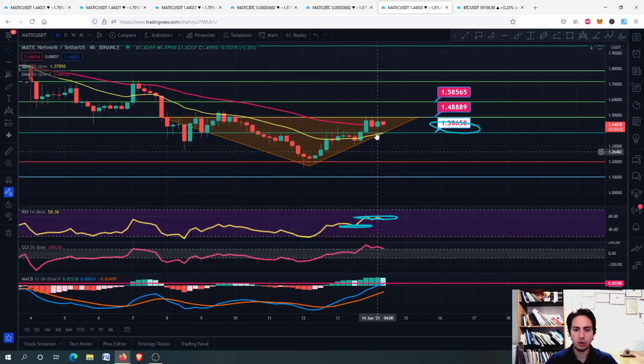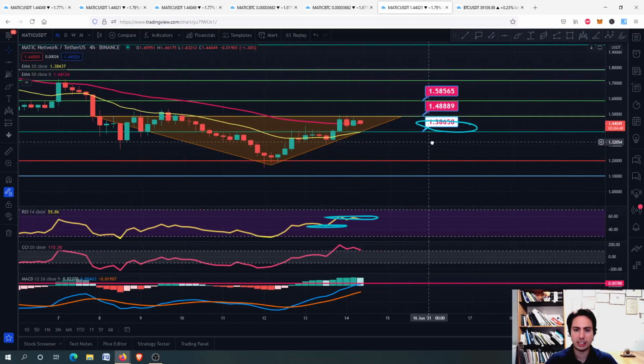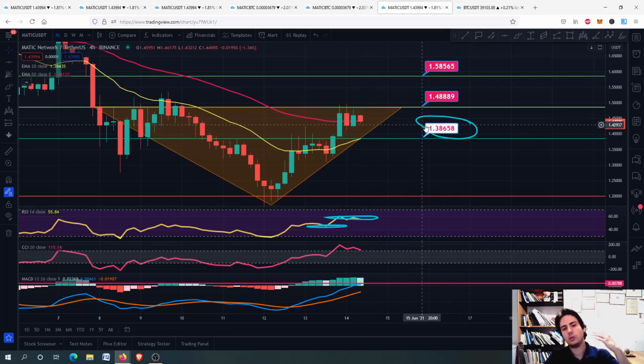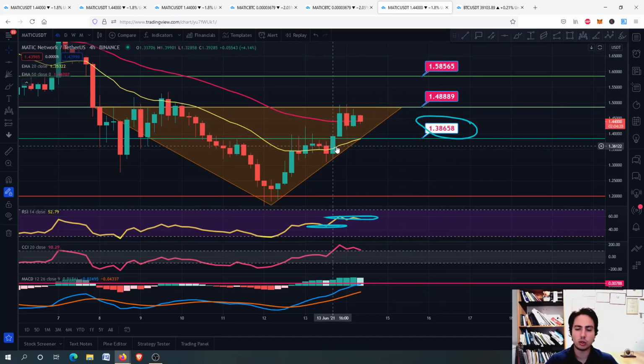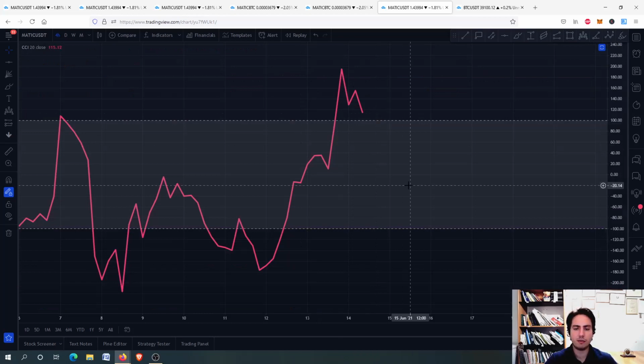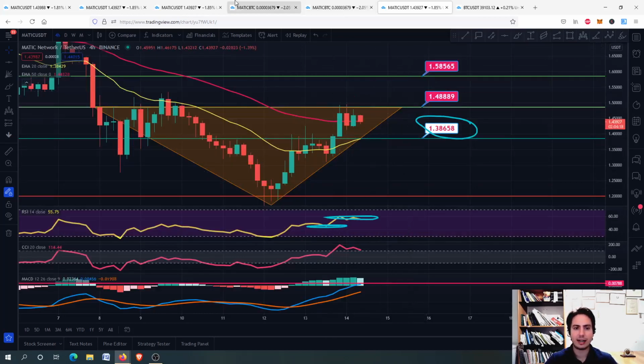Same for Polygon, we might correct. We want to keep our 1.38 USDT, or even if we close a little bit beyond, that's fine, but for me it is better to keep this support level right here. Once we do that, then we can actually move forward to 1.58, which is our next target for Polygon. Therefore, guys, for the next hours, be careful, but in general, we can go a little bit more upwards, because